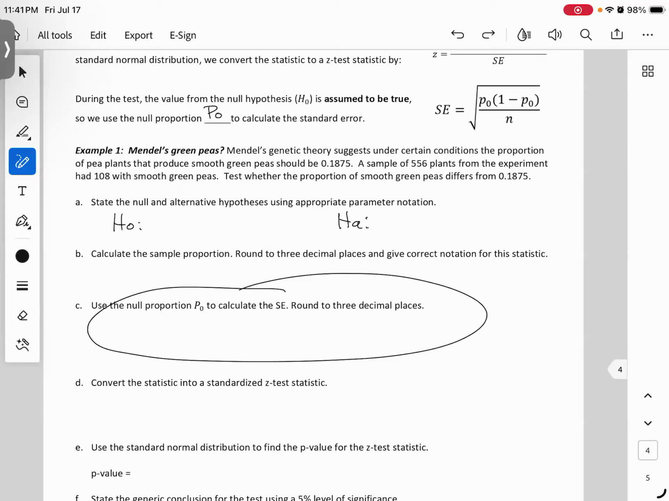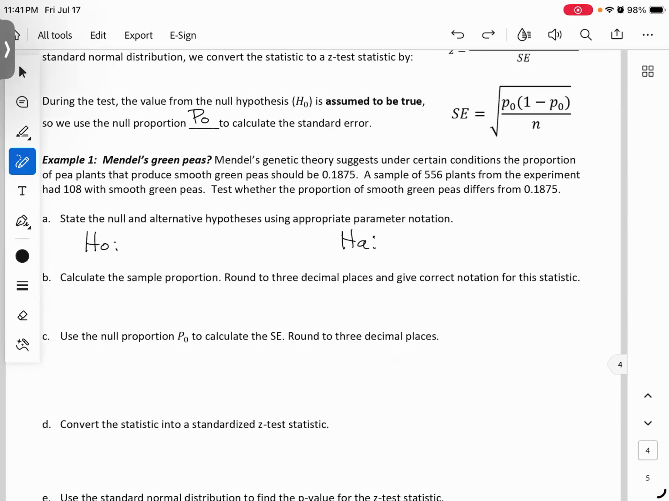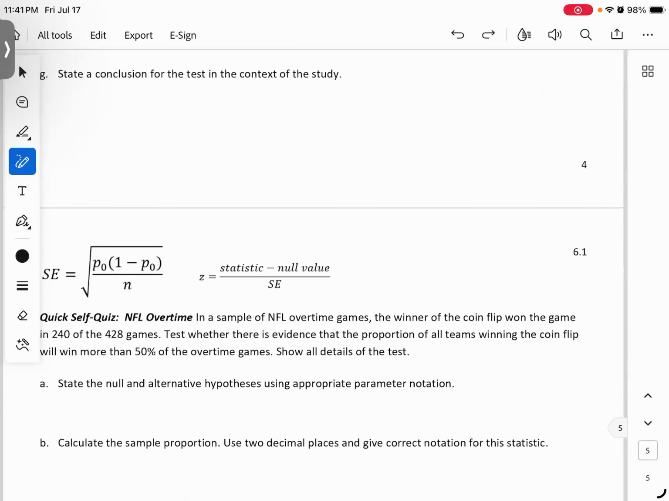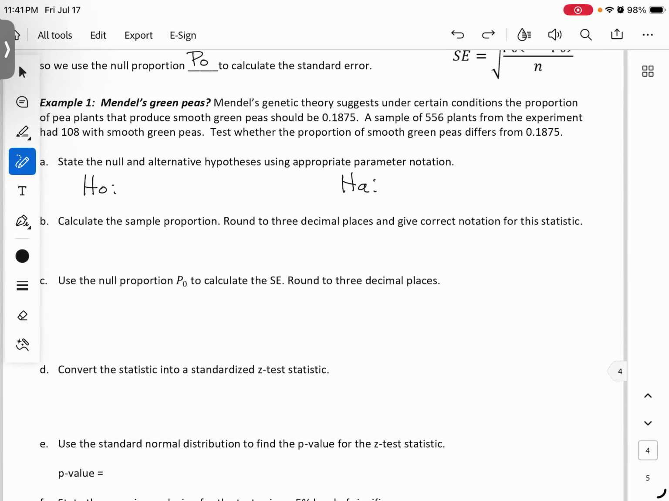All right, let's try this one. So they're doing a test to see whether there's evidence that the proportion, oh, excuse me, that's going to be the next one. Actually, I'm going to have you do that next one in just a little bit. This one here is